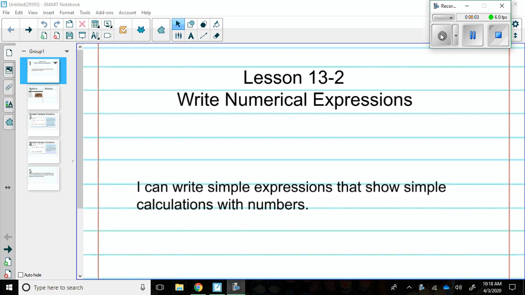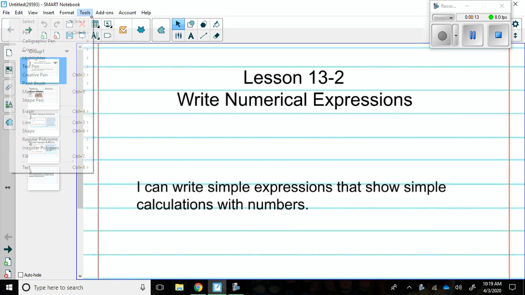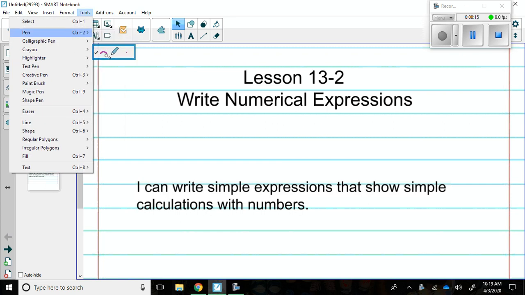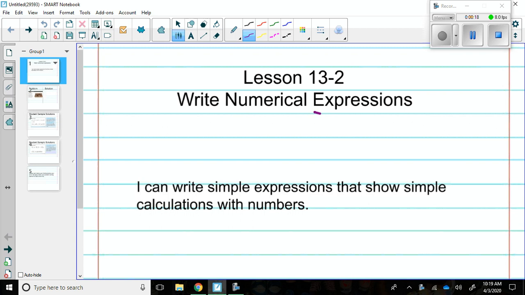Hi, fifth graders. Today's lesson is lesson 13-2, Write Numerical Expressions. Remember that expressions are kind of like sentences, but written with numbers. So it's a longer number sentence using all of the operations: addition, subtraction, multiplication, division. And the I can statement is I can write simple expressions that show simple calculations with